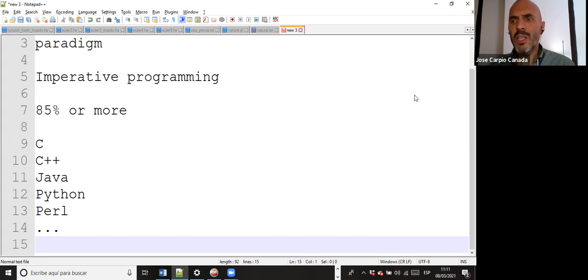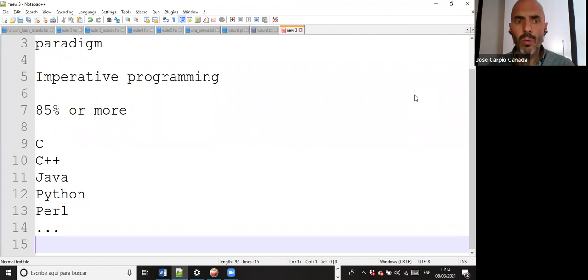Learning to program in Java is more or less easy because you have some differences. You have to learn the syntax, some extra functionalities, but it's more or less easy. Probably you can learn to program in Java if you have previous knowledge in Python or C. Probably you can learn in 1 week or 2 weeks, more or less. You can probably start the same day with your first Java program. But